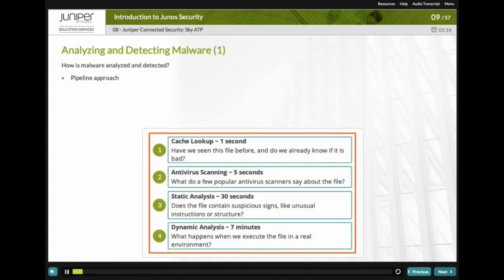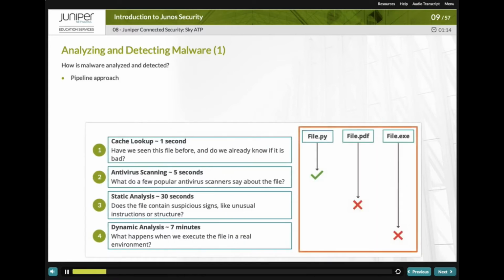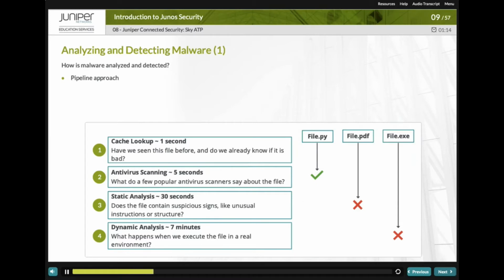Sky ATP uses a pipeline approach for analyzing and detecting malware. If an analysis reveals that the file is absolutely malware, it is not necessary to continue the pipeline to further examine the malware. Each analysis technique creates a verdict number, which is combined to create a final verdict number between 1 and 10. A verdict number is a score or threat level. The higher the number, the higher the malware threat. The SRX device compares this verdict number to the policy settings and either permits or denies the session. If the session is denied, a reset packet is sent to the client and the packets are dropped from the